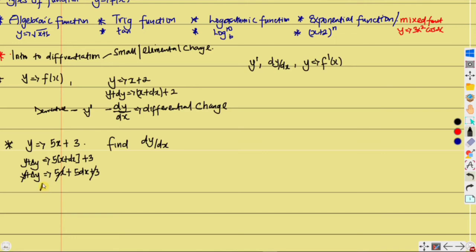So what you have now is the y. I said y is equal to 5x plus 3, so y here, 5x plus 3, can easily be cancelled out. So when we cancel that out, we have change in y equals 5. I'm using change in y here. Maybe it's better for me to use change in x, which is also the same thing as dx. You have 5 dx. So y prime or dy/dx is now change in y divided by change in x, which we call y prime or dy/dx, and is now equal to 5, which is the question's